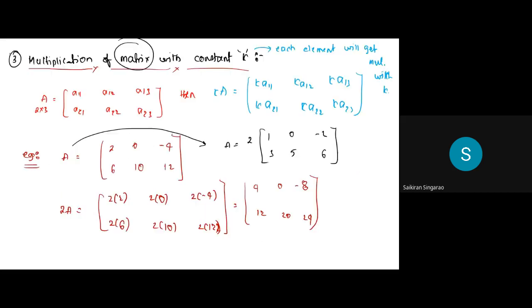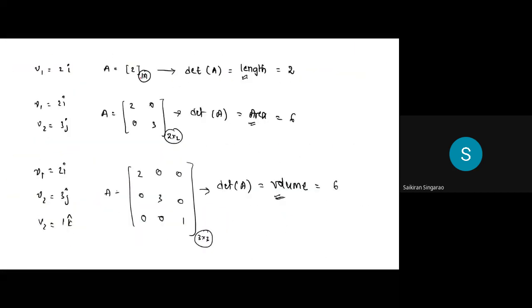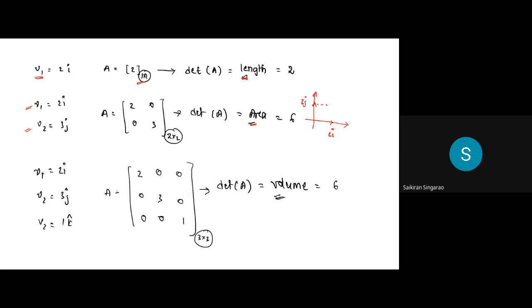So I was talking about this, sir. In yesterday's class, we saw that the determinant of a 1 cross 1 matrix represents what? Length. Because if you have vector 2i or 2ax cap, determinant shows what, sir? It's length, because it's a vector of this particular length. Whereas whenever you have two vectors, I can show these two vectors with a 2 cross 2 matrix, like this, and the determinant of this represents area. How is it area, sir? See, if you have these two vectors here like this, one is 2i cap, the other is 3j cap. So what is the area bounded by these two? This is the area. That area is equal to 6, which is found by determinant.